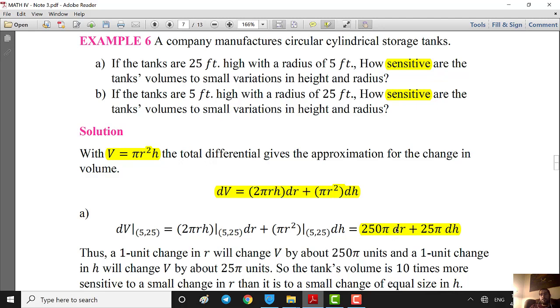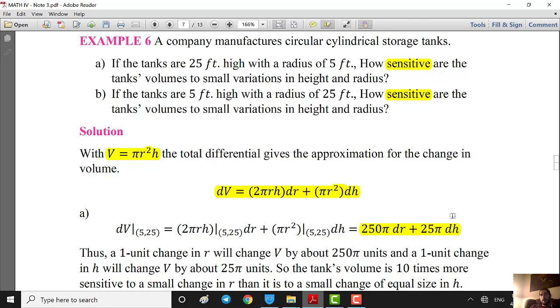A 1 unit change in H is going to increase V by this coefficient, 25 pi. So you see that a 1 unit increase in R is going to affect V much more than a 1 unit increase in H,